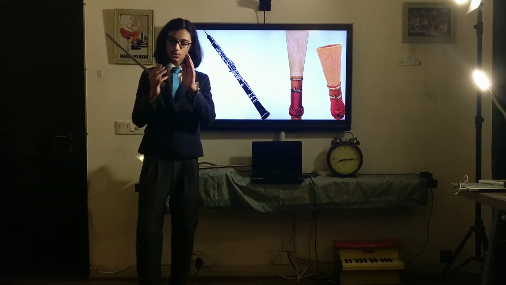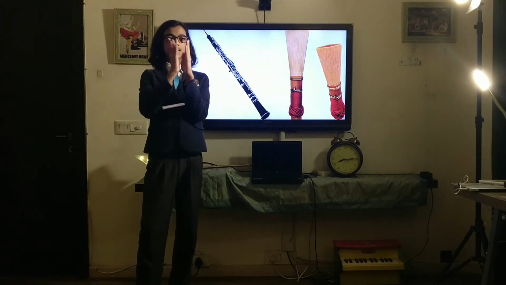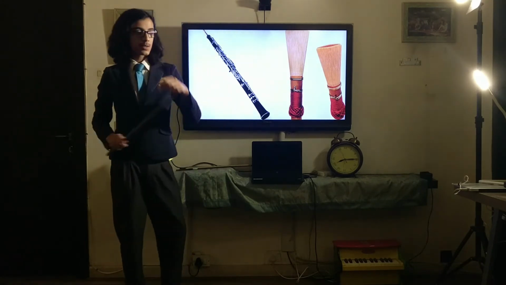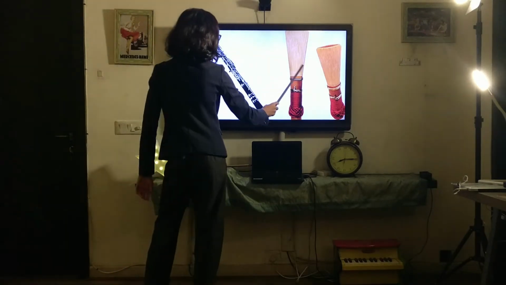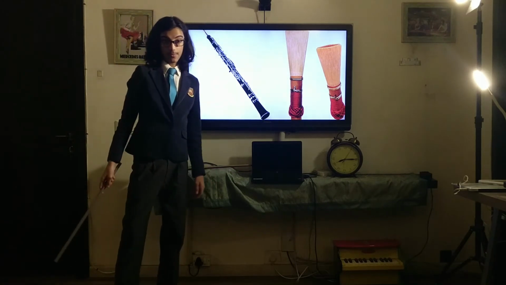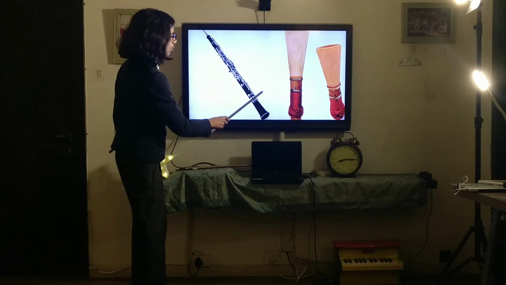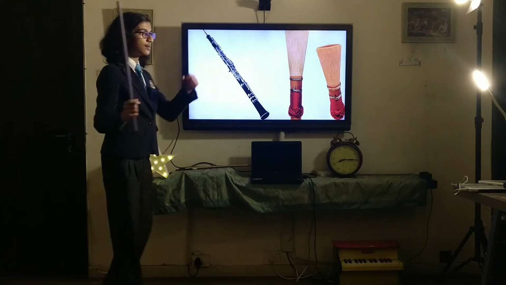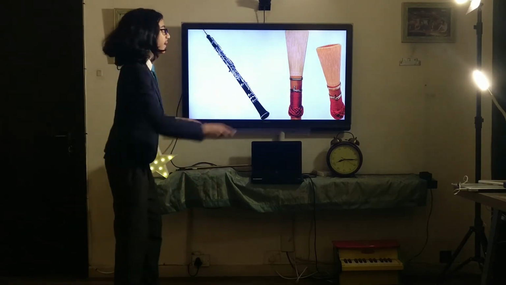So a reed is, as I said, in this case something called a double reed, because it has two pieces of cut wood which are like this, which make a crevice like this. When you blow into this double reed the correct way, these pieces of wood vibrate back and forth, very, very fast. That vibration is what creates the sound of an oboe. So that piece of wood vibrating, when you put it through a pipe, generates the sound of the oboe. If you took out the reed and just tried to blow into the rest of the oboe, you would just not get anything.